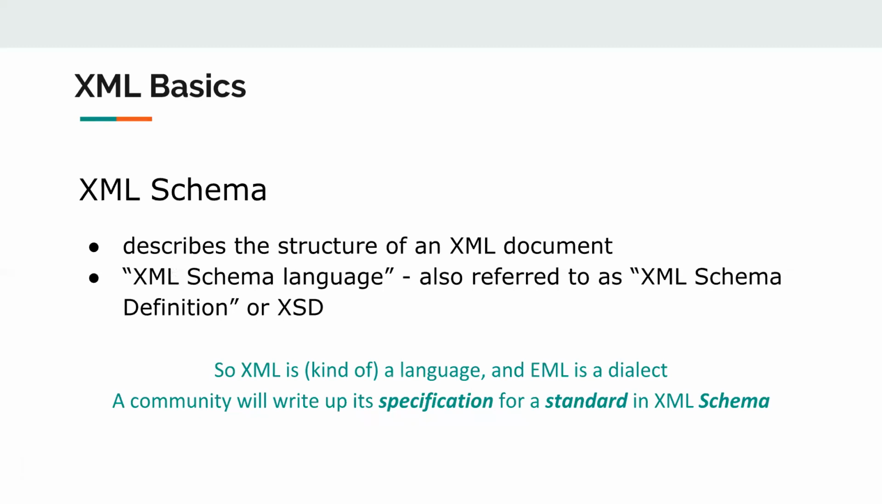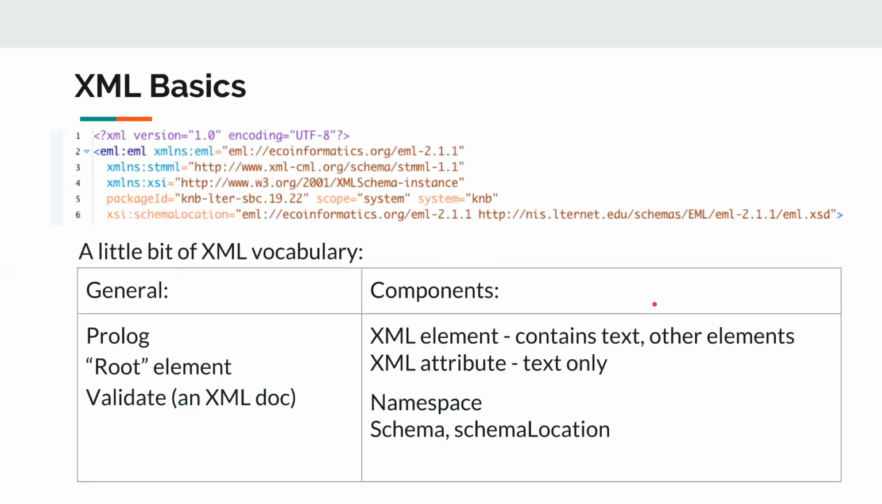And it fits together because a community then can write up its specification for the standard using schema language. Usually when you find a schema doc, it will have the extension XSD. And itself, it's also an XML document. If you're looking at an XML document in an editor, you would see something like this at the very top